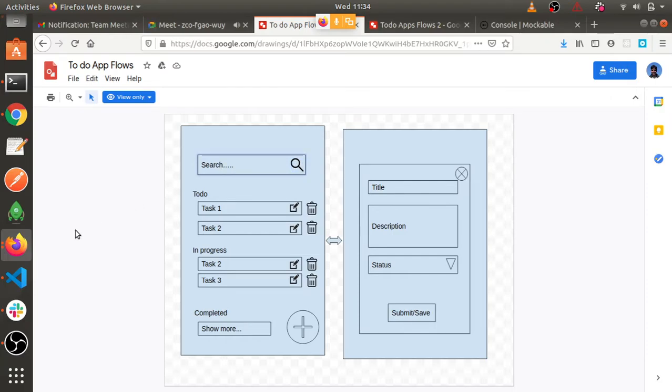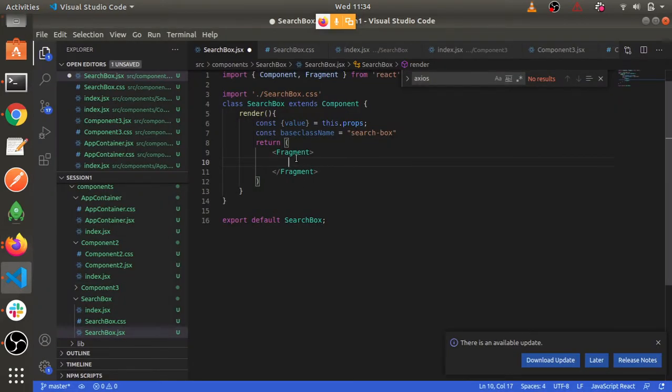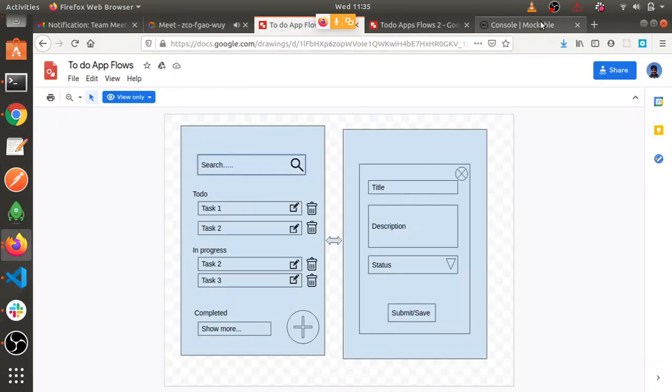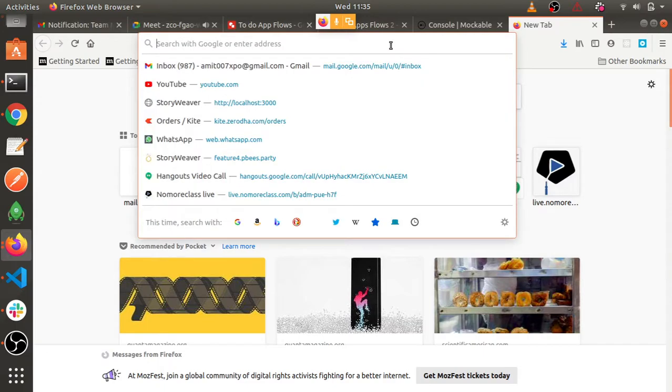This input is fine. Okay, let's do that much. So we'll do one input. Everything is confined inside one form, right? So I'll do the input. And then I need the icon. First I'll assemble everything, then I'll do the CSS. Then I need the search icon. From where can I get this? Font Awesome.